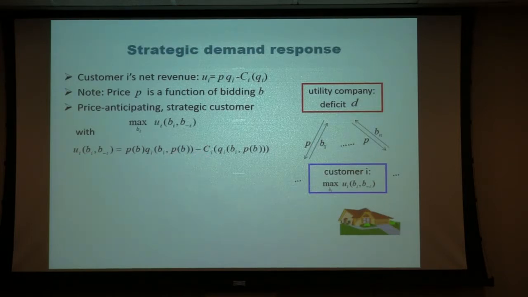Question: How reasonable is it to assume that in fact the individuals will be able to estimate the function U_i? Yeah, I think in terms of efficiency loss analysis, this is kind of the worst case. What this means is that here I assume the individual person has a lot of ability. He can even estimate other people's demand side action. I wouldn't call that worst case. In fact, if they misestimate the function U_i, it could lead to an even worse case. Depends.